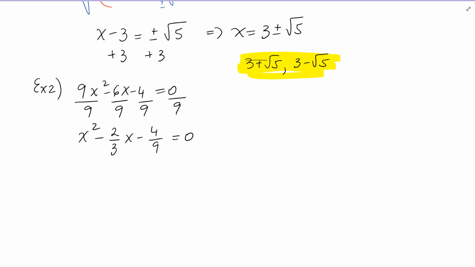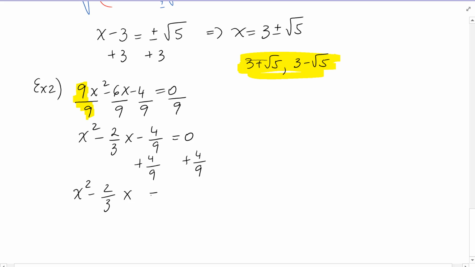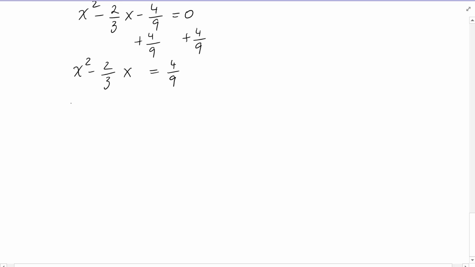So why did I divide by 9? Because the leading coefficient was 9. So now, I'm going to follow the steps. Add 4 over 9 to both sides because you want to get just the terms in x on the left-hand side, and 4 over 9 on the right. So now, I want to make this one a perfect square. So I want to add